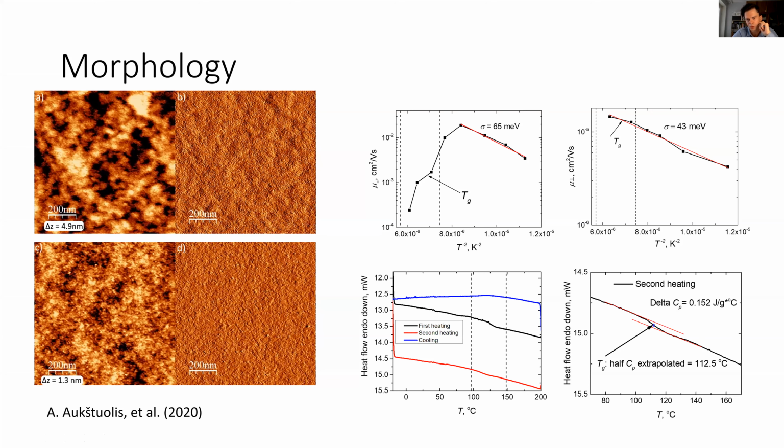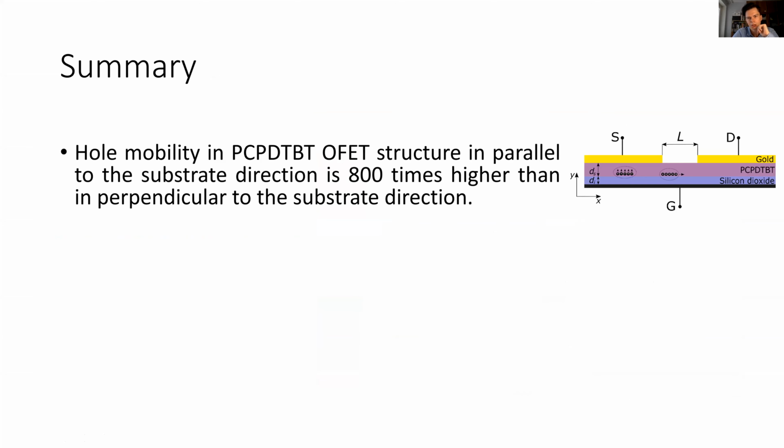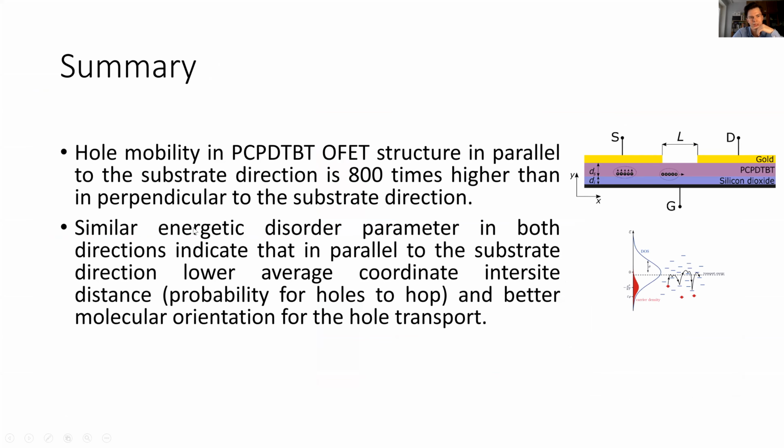So just to sum up, what we got is that the hole mobility is 800 times higher in the parallel direction than in the perpendicular direction, and that similar energetic disorder parameter in both directions indicates that in the parallel to the substrate direction, there is a lower average intersite distance, or in other